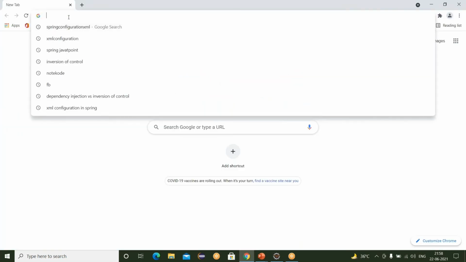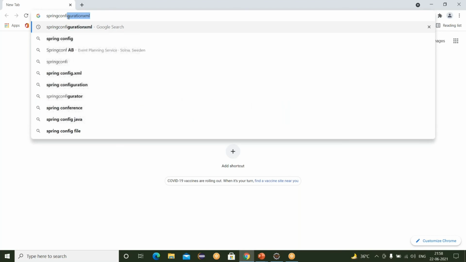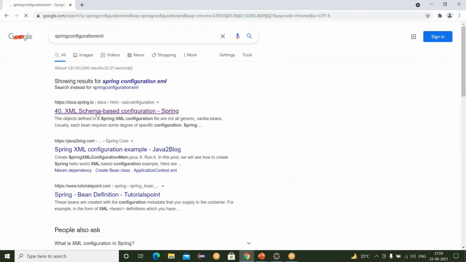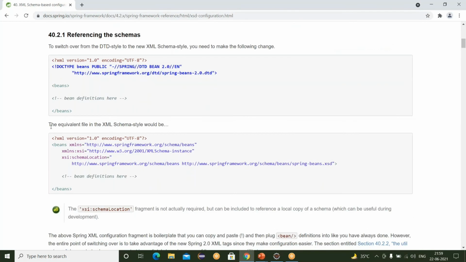Just go to your browser and write here Spring configuration XML. Click on the first link, scroll down this page, and here you can see the equivalent file in the XML schema style would be.